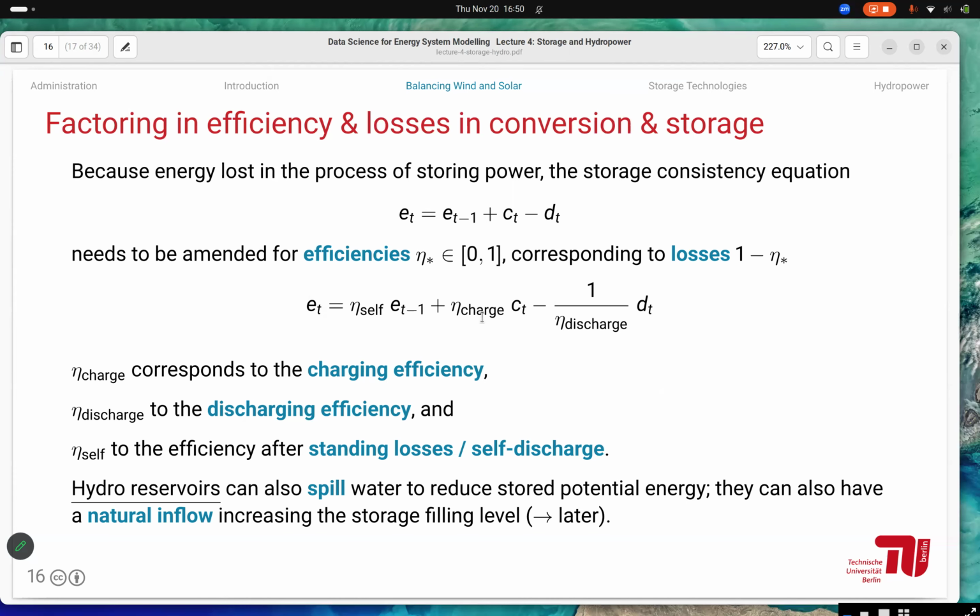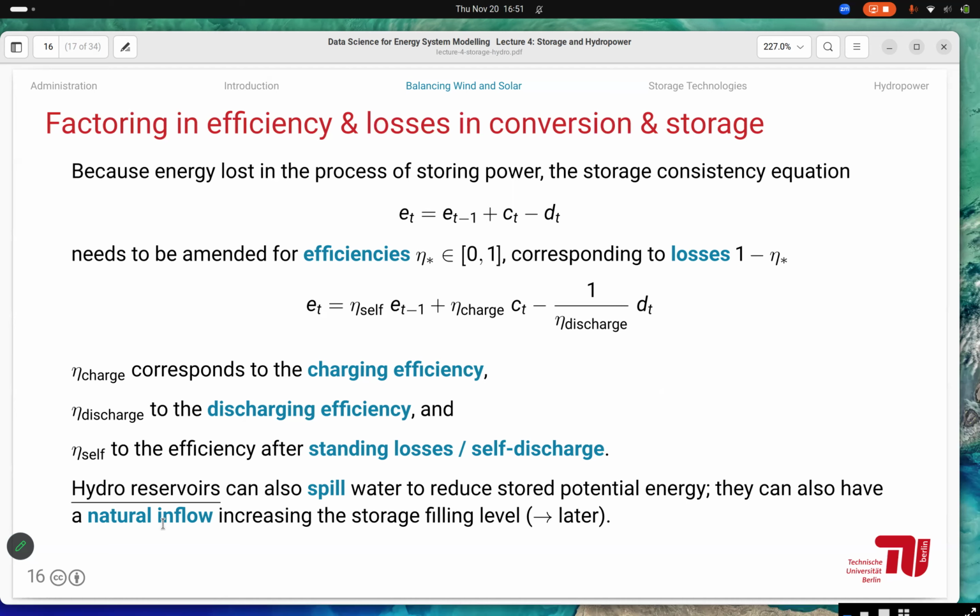And then you have the kind of opposite for the discharging, that whatever you take out of the storage, you don't get as much electricity out of it. If you have a hydrogen turbine, for example, or a hydrogen fuel cell or something, there's also an efficiency loss associated with that. And then for hydro reservoirs, you maybe have some additional elements in these equations, because you have